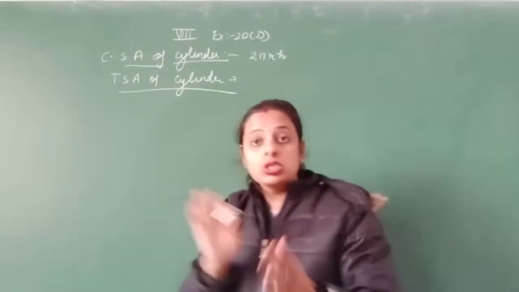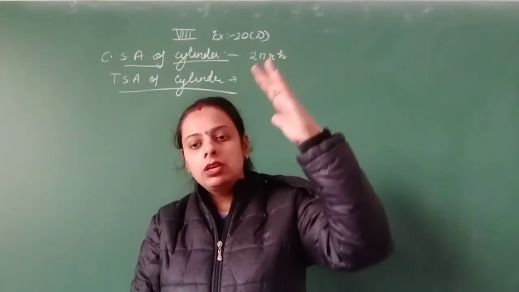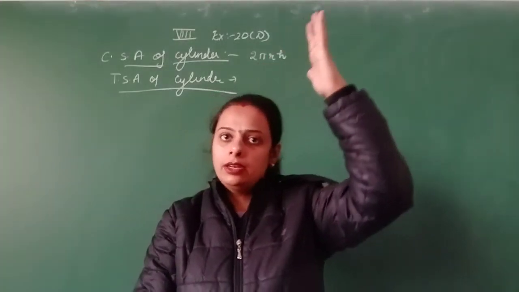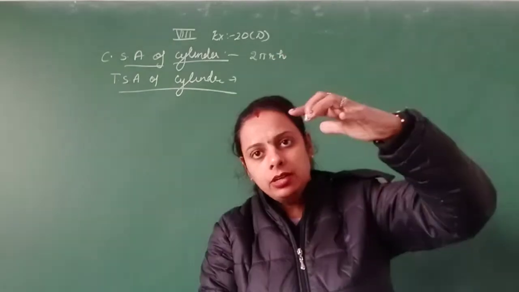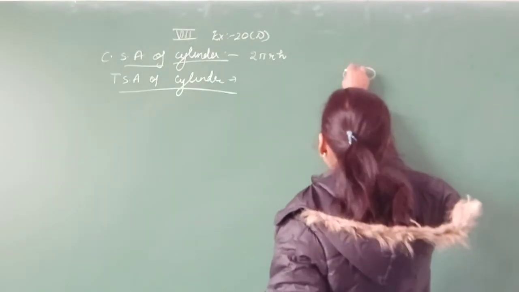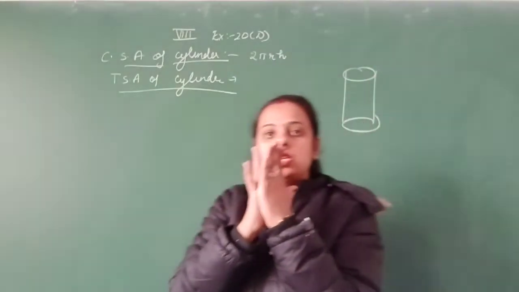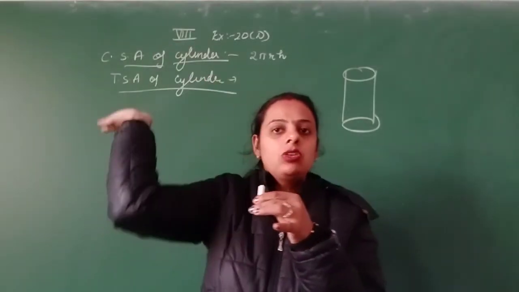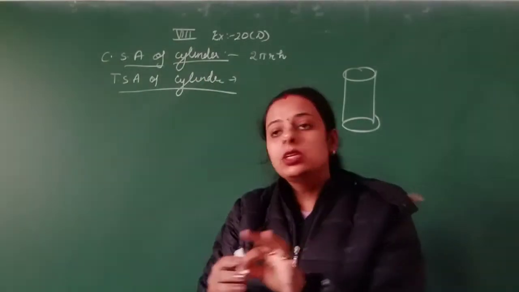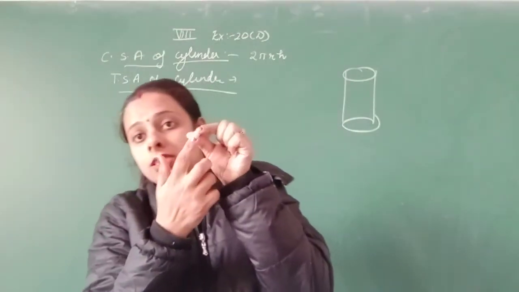If it is a closed one, if you have a closed cylinder, it means you have the base there and the top is also there. There is a lid. It means you have a covered glass. Then you have a surface area. Here you have just the curved surface area, not the top, not the bottom. Clear? So as you can see in this chalk, the base is circular.